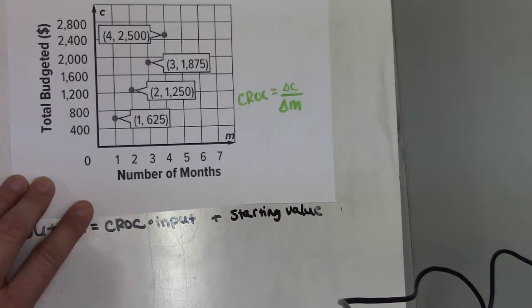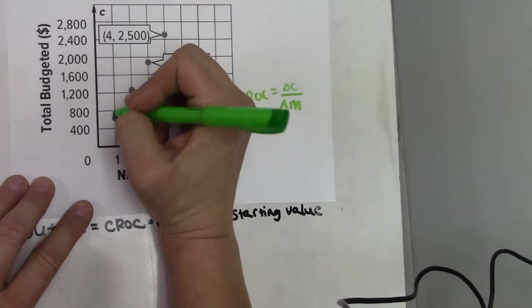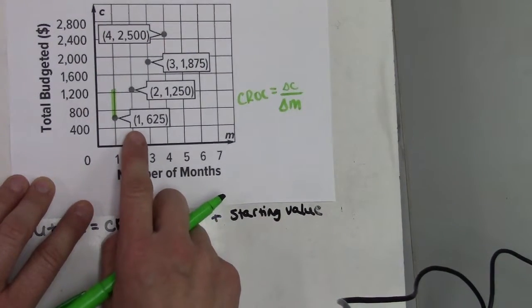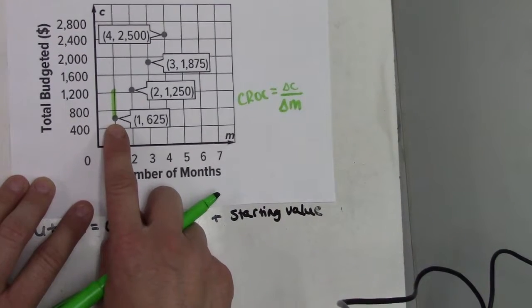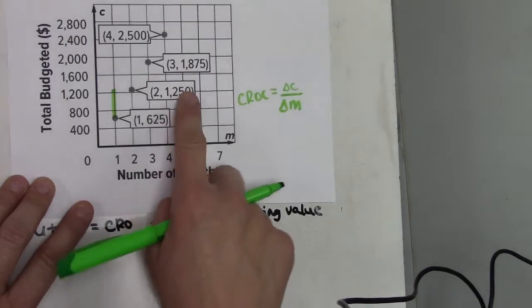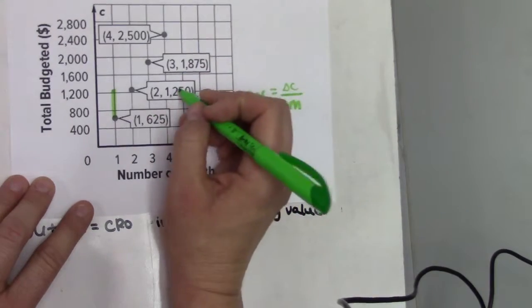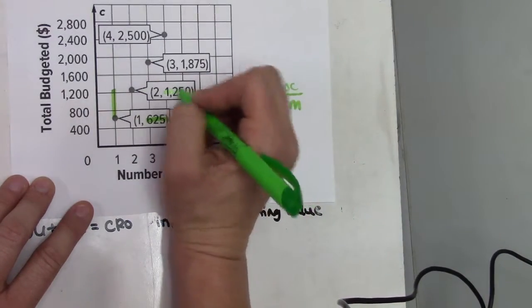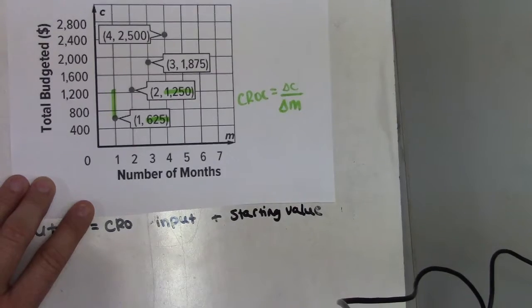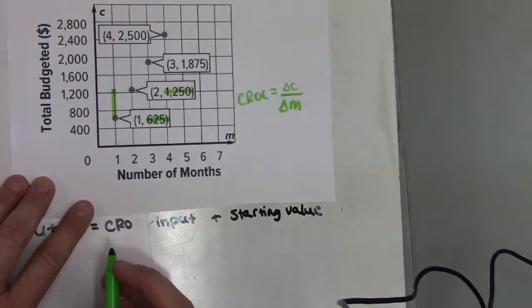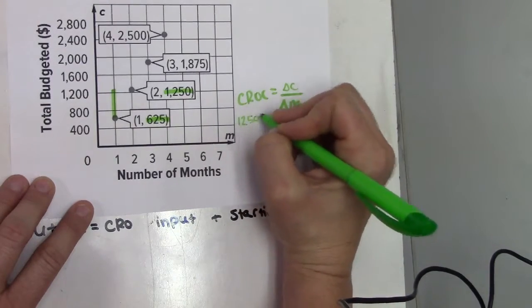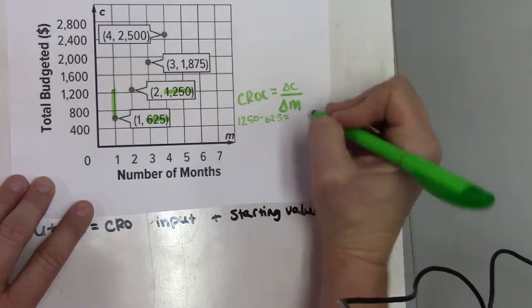So think back to chapter 3. When we had points on a graph, we were able to find the change in c, or the change in y, by finding that vertical change. Now this is going to be a little bit difficult because these aren't perfectly lined up with both grid lines. So we're going to have to use the values on the points and figure out, okay, we were at $625. Now this point is at $1,250. So what's that change from $625 to $1,250? If you're not sure, we could find the difference, which means we're going to subtract 1,250 minus 625, which ends up being